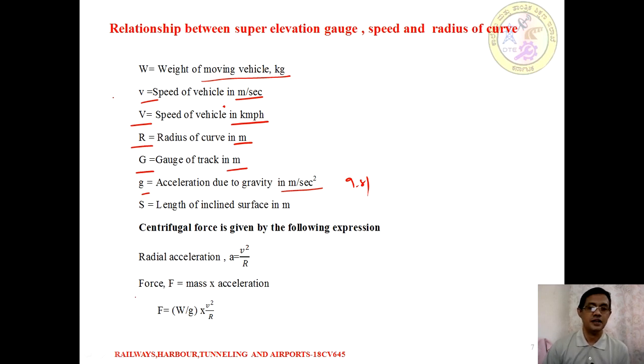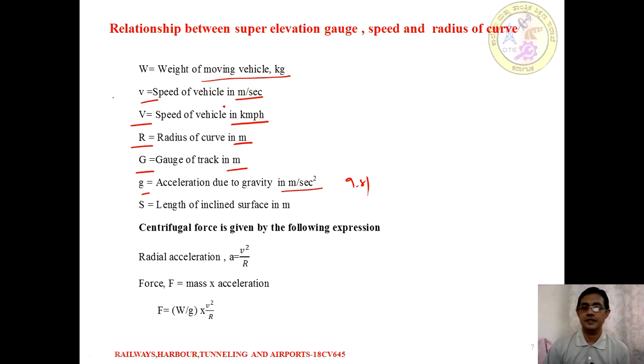So according to the concepts of physics, we are going to apply the centrifugal force, which is given by the expression. The radial acceleration is going to be v square by r, which is nothing but omega square r. The radial acceleration is measured as a, and that is the speed measured in meter per second, squared, divided by r, the radius of curvature.